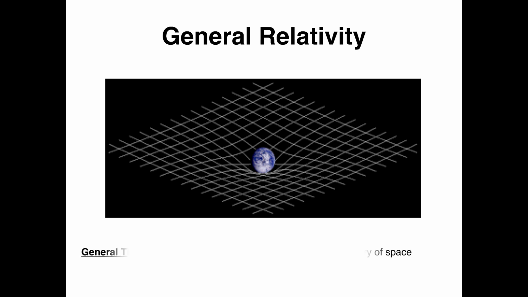And then general relativity states that gravity is a result of the geometry of space, and light is actually affected by gravity and the geometry of space. And this shows that time and light